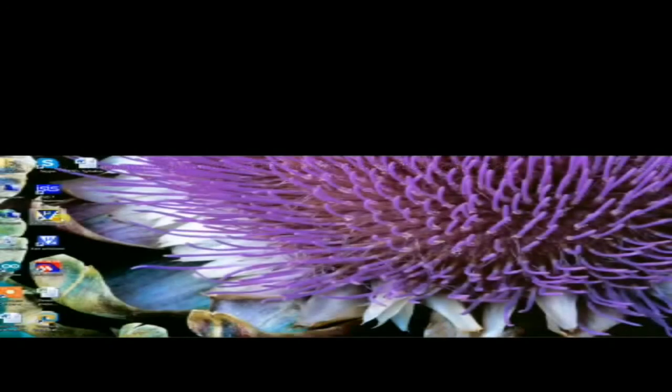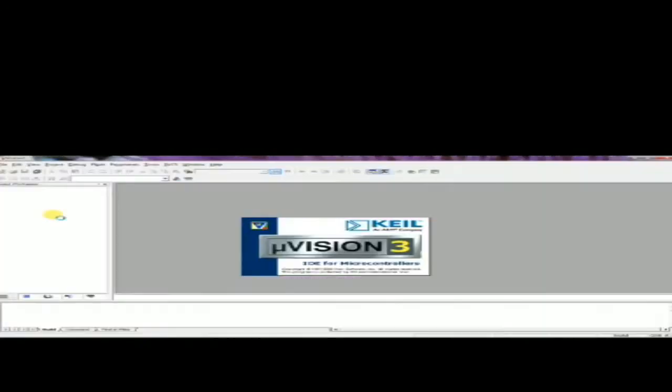Let's see this program on Keil. Open the software by double clicking on it, then go to Project, then New Project, and give the path for it. We can make one folder, then give the name for it.